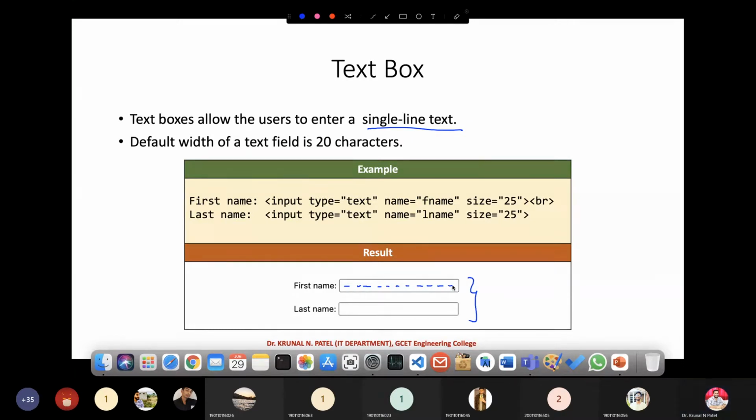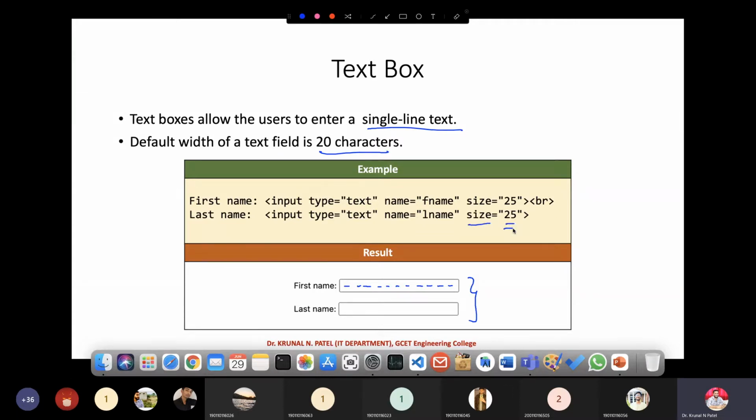The default width of a text box is 20 characters, so it will only accommodate up to 20 characters. You can change it, don't worry. For that, you have to change the size to 25.